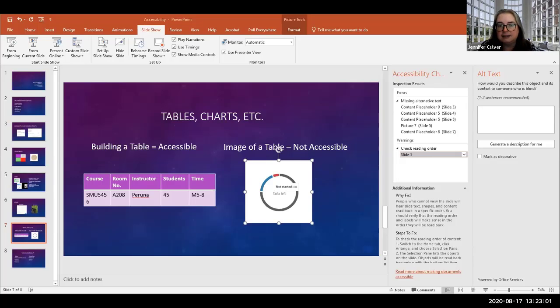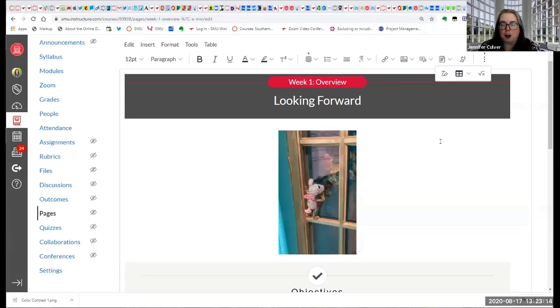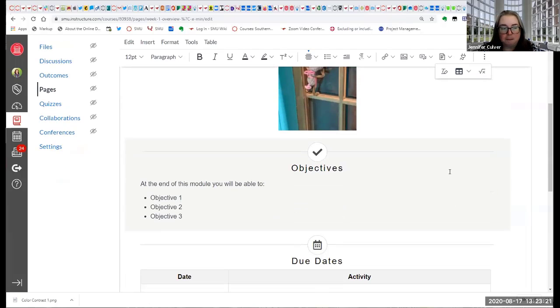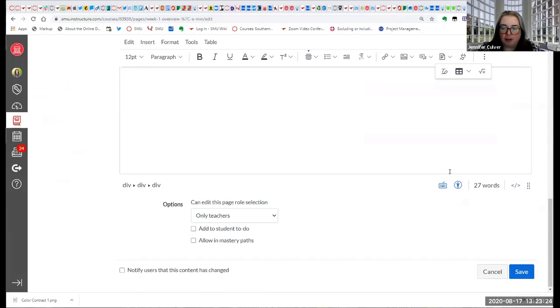Canvas has its own accessibility checking that I want to show you as well. So I'm going to stop and switch over to where Canvas is. So if I'm in Canvas and I have my module overview page that I've been working on and I'm in editing mode, then my accessibility checker in Canvas is right here. It's at the very bottom of the rich content editor. And when I click on it,